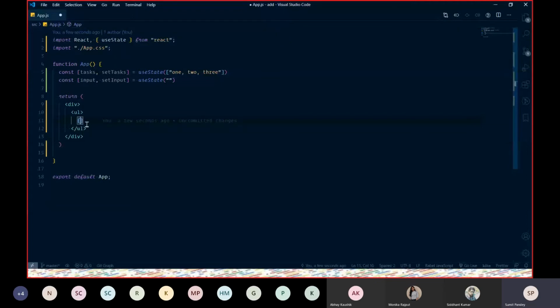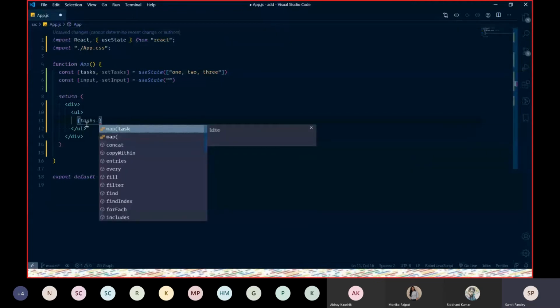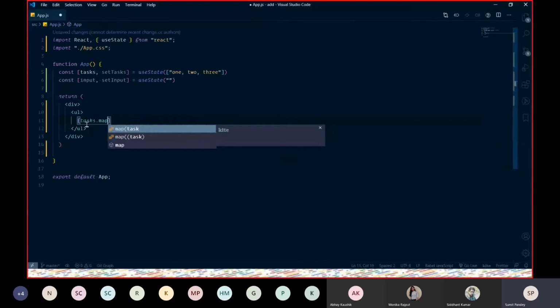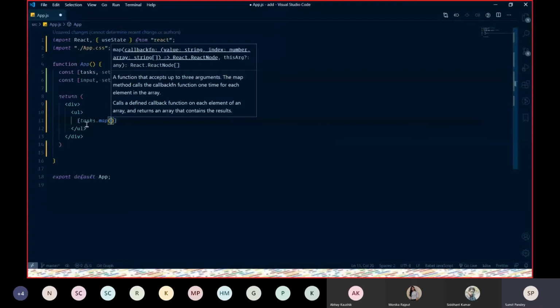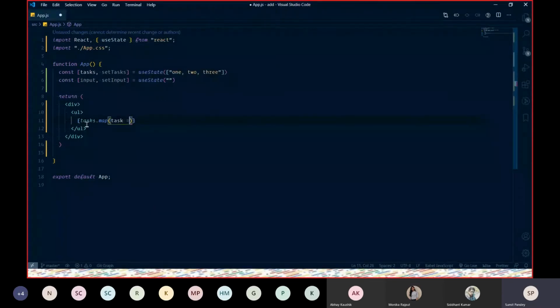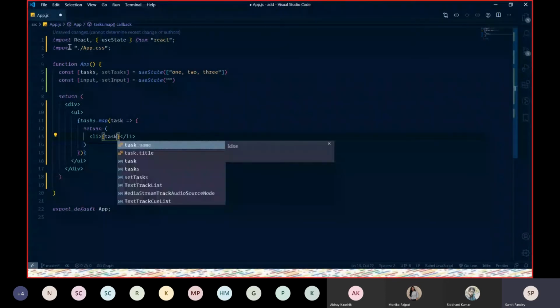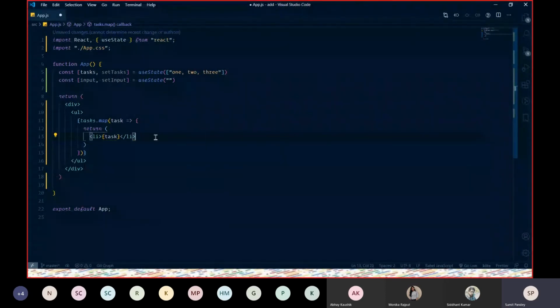We're gonna use the map function, which I told you about earlier in our first session. It is used to iterate over an array, not an object. So here I'm gonna give it a task, and inside this I'm gonna return an li element, which will sit inside this ul element, and this li element will have each item of the array. Okay, so let me go ahead and save it and start the development.